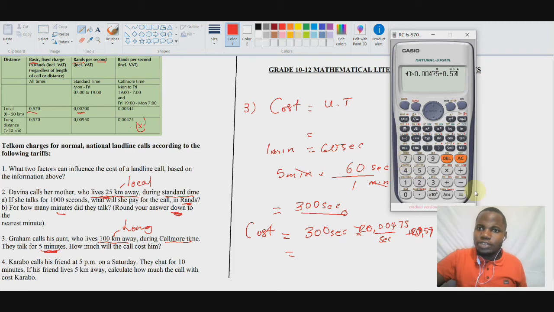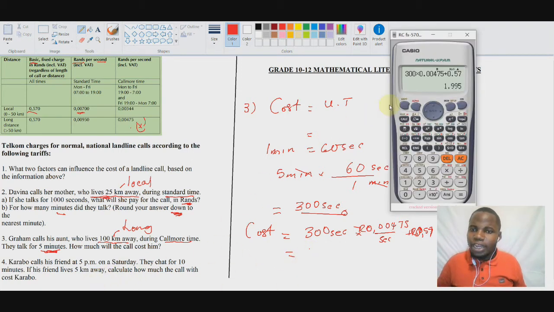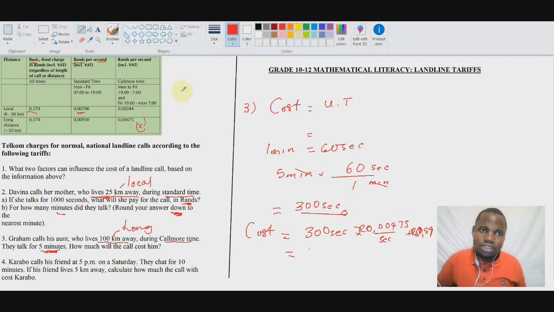Now 0.57, you press your calculator. What we have, you get 1,995, all right? So if we round off this 1,995, you will round off to the nearest rand. Let's start by writing it down like it is. We have